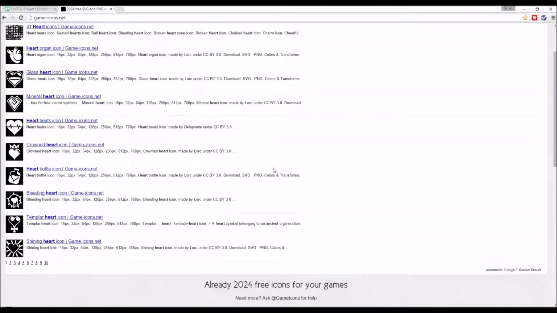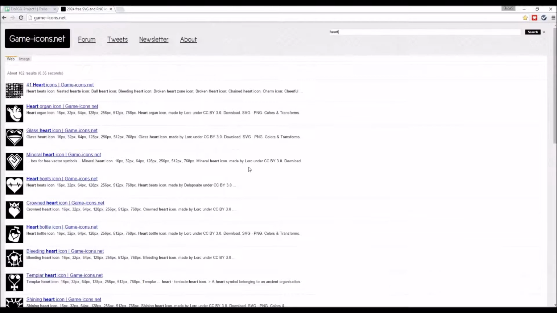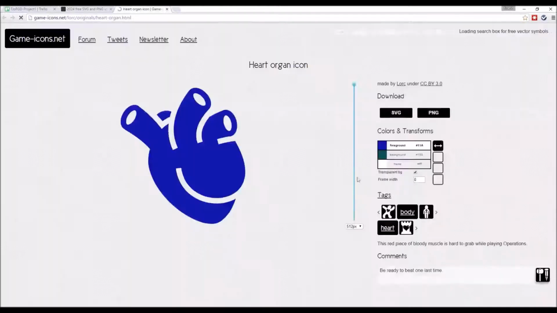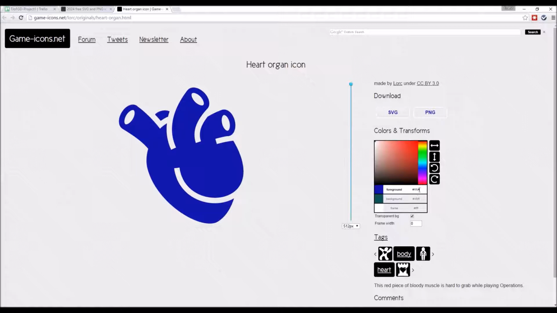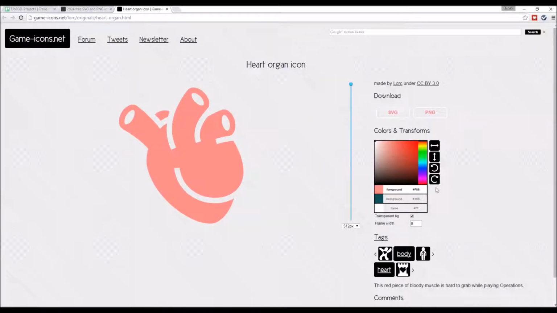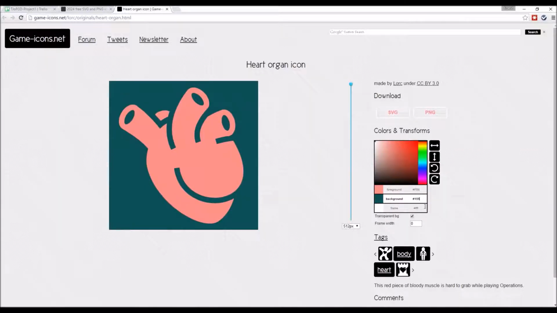Do we go with a very realistic heart, or do we go with the more canonical one? I'm feeling whimsical today. My foreground is going to be F88. My background is going to be,